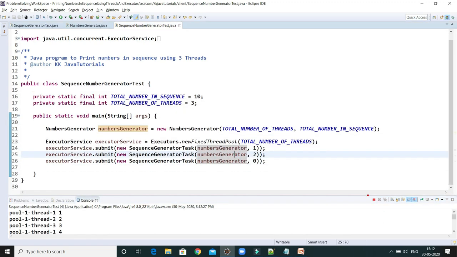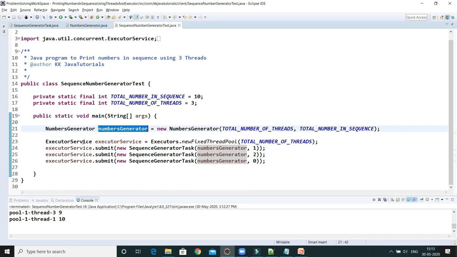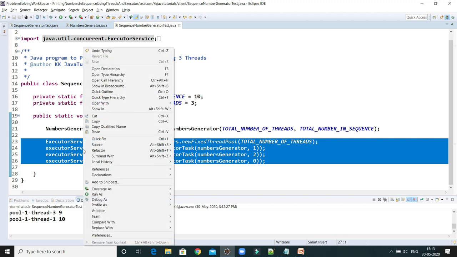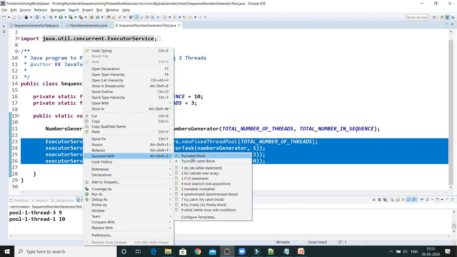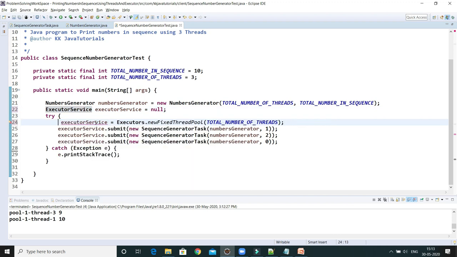But if you observe, this executor framework is still running in the background. What's the reason? We did not shut down the executor service. So let's refactor this code. I'll right click, select all the code, surround with try catch. Now I will initialize the executor service outside of this try block, and we can have a finally block there to close the resource.